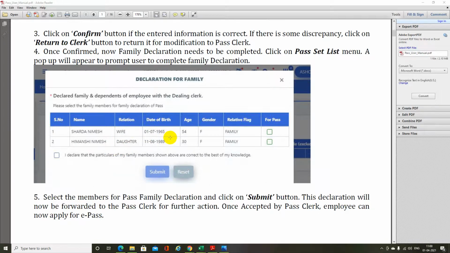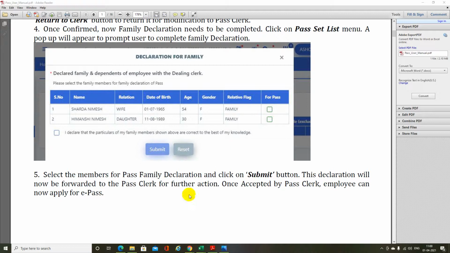Check the relation, date of birth, and age for pass. Select the members for pass family declaration and click on the submit button. This declaration will now be forwarded to the pass clerk for further action. Once accepted by the pass clerk, the employee can apply for an e-pass.